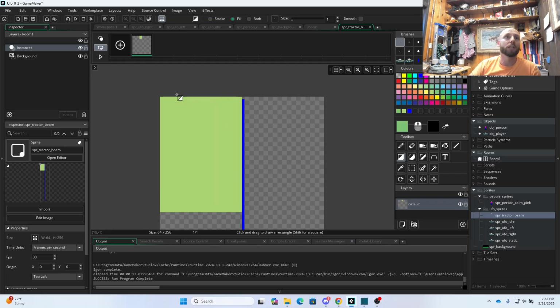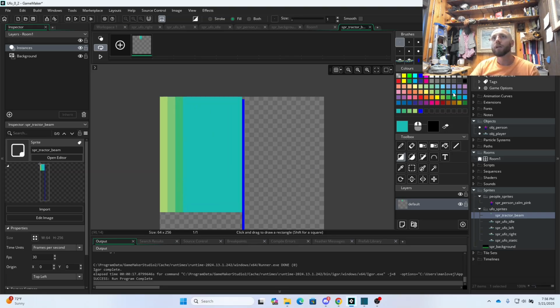Then I'm going to go slightly less pale green over to the side. Then slightly less pale green over to the side. Oops, looks like I probably could have made that 1 pixel wider. I think it's okay. And then we're going to go kind of a slightly bluish